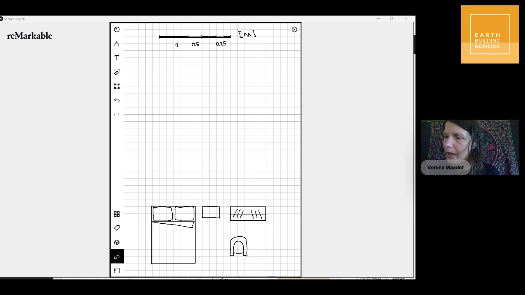But the first thing when you work on graph paper is that you decide your measurements. I'm working in metric, so I'm working in meters or millimeters, and you have to decide how many squares is a meter. And for myself, I have decided that 4 squares, so 1, 2, 3, 4, is 1 meter,